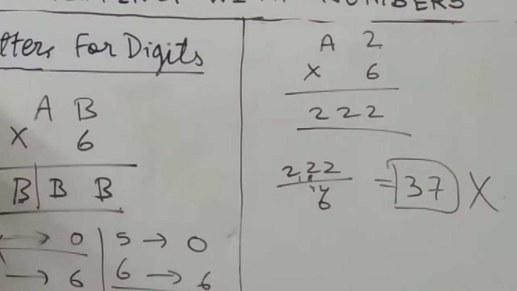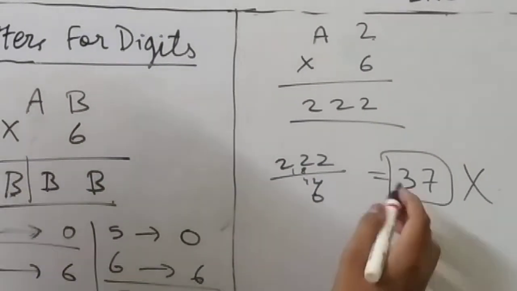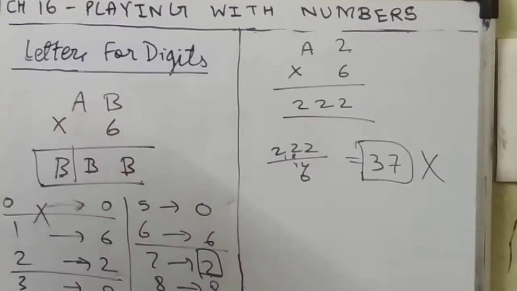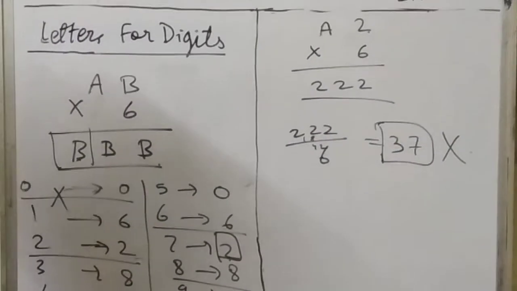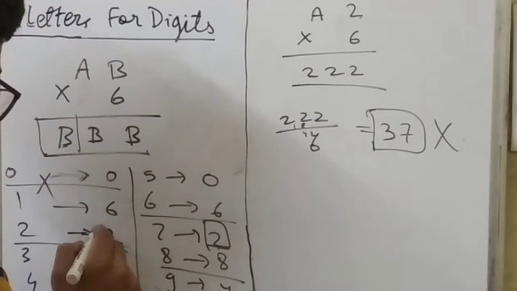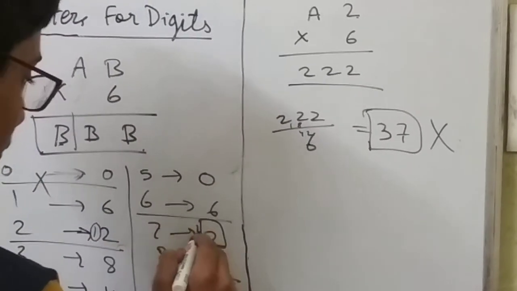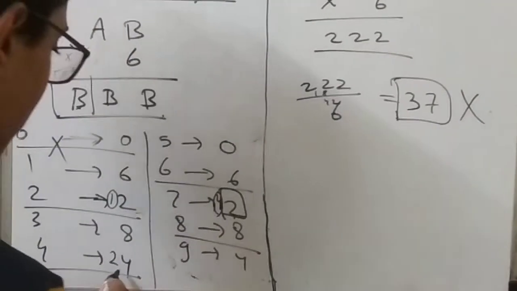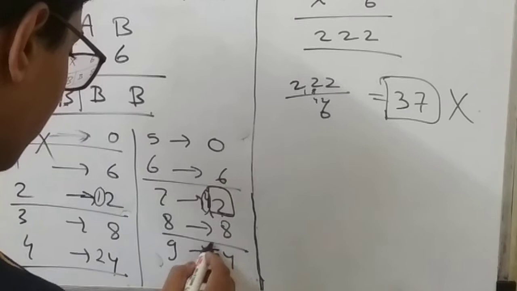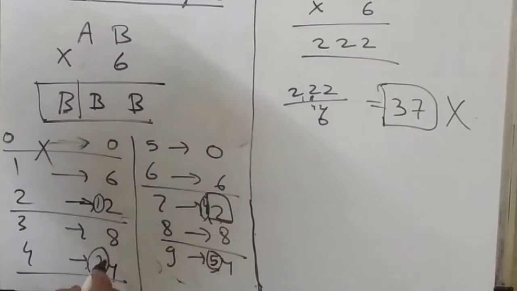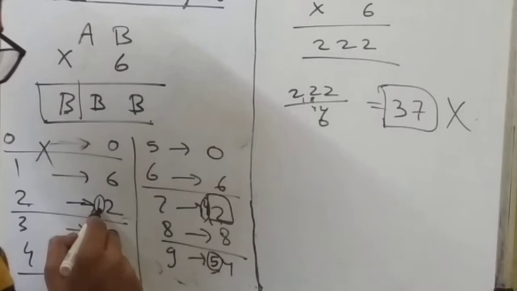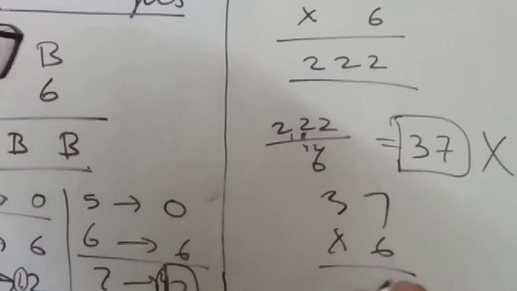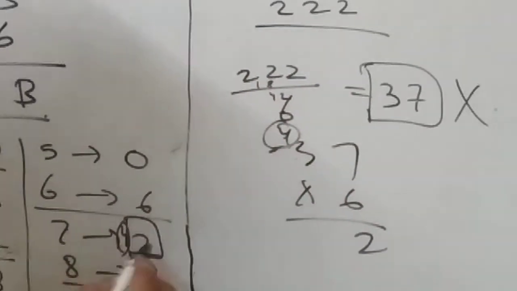What can you say from this condition? See, 7 also yields 2. Now how to discriminate between these two? 2 times 6 is 12, that means 1 carry. 7 times 6 is 42, that means 4 carry. And if you check any of these, then 4 times 6 is 24, and 9 times 6 is 54. See the pattern. If you are searching for 2, you get only an odd number at the carry. Here the number which is carry, 4 carry, that means even. So not satisfied.